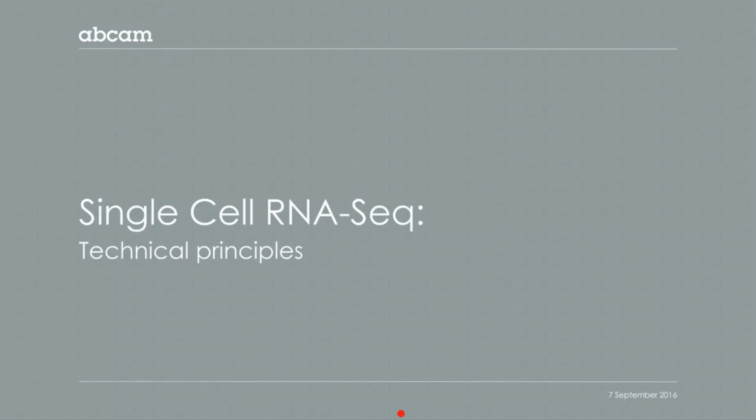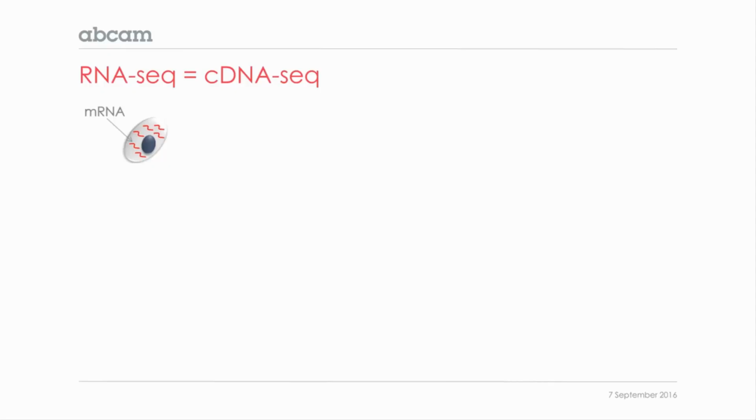Now I will move directly and briefly explain a little bit of the molecular biology behind the single-cell protocols. So basically, when we say RNA-Seq, we always actually do cDNA-Seq. And when we talk about the normal protocol, we start with cells. We break them. We get the RNA. This is called the lysis step. Then we use reverse transcription that basically copies the RNA into a DNA strand. This is called the first strand synthesis.